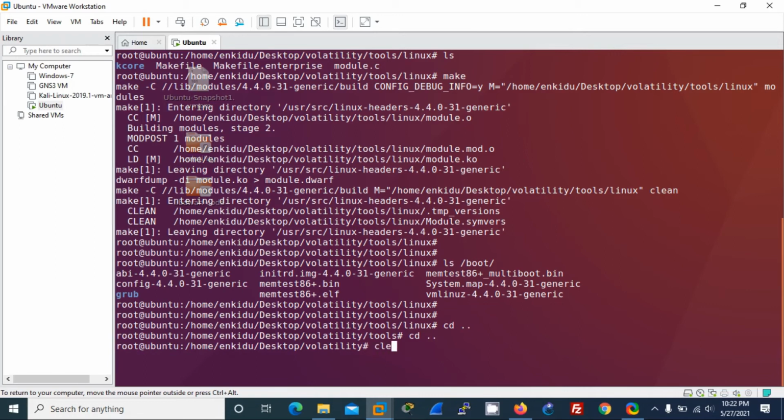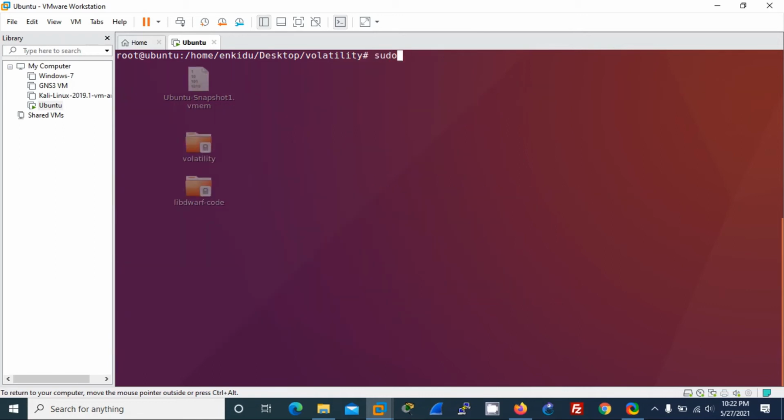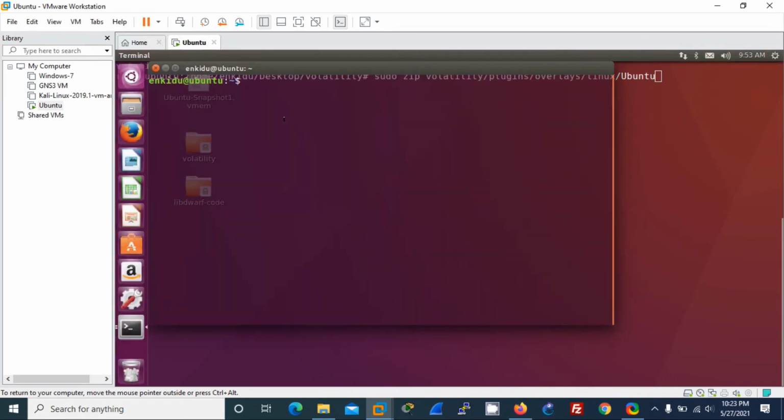Then I need to type sudo, and normally profiles are in zip version. Zip, it is volatility plugins, overlays, and Linux, and the name I am giving here is Ubuntu. Okay, before running this, let me open another terminal and see the /home volatility, and let me type python vol.py